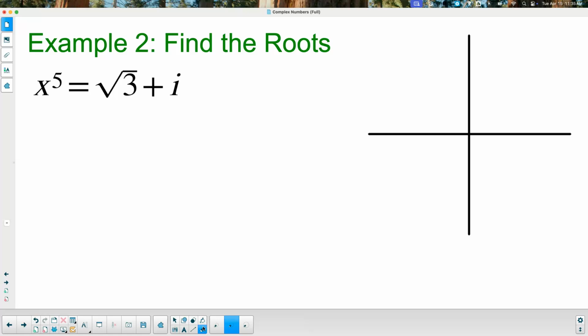So what's my R value? 2. Right? Because it's 1 square root of 3 plus 1I. So 1 is the number. 1 times 2 is 2. So this is 2 CIS of